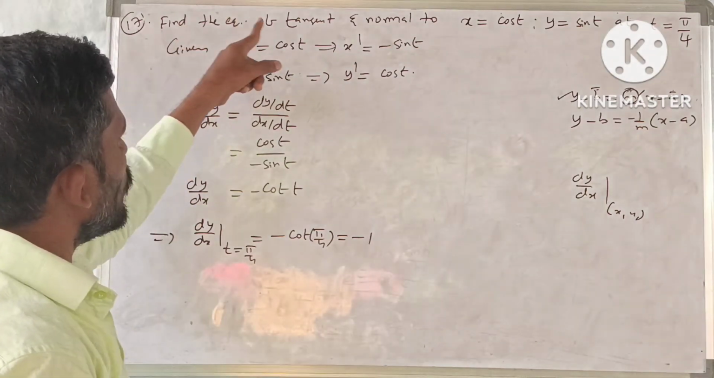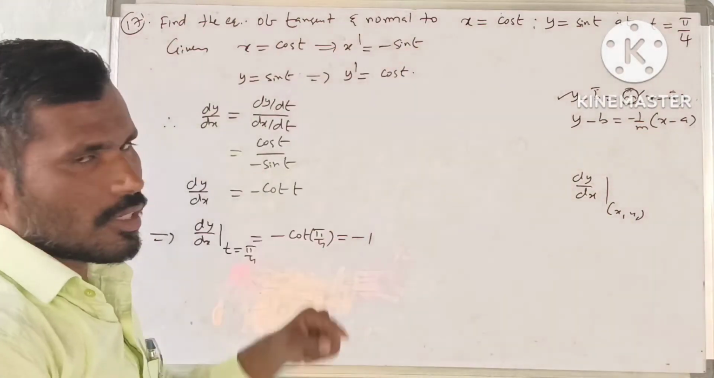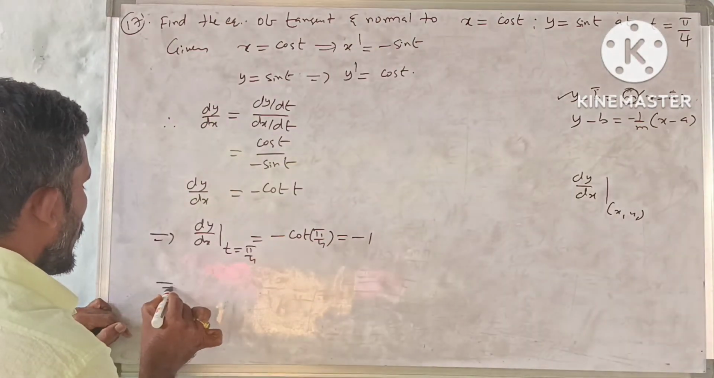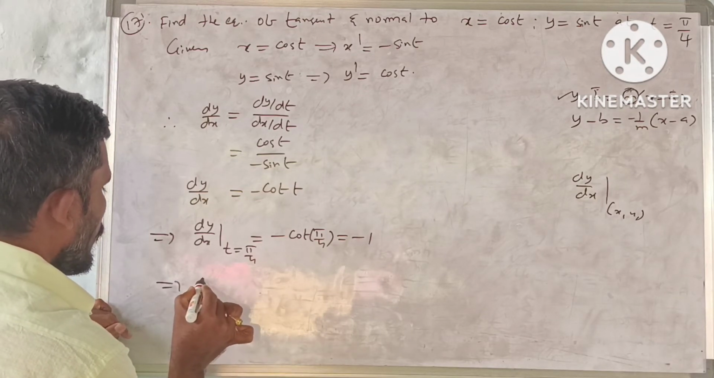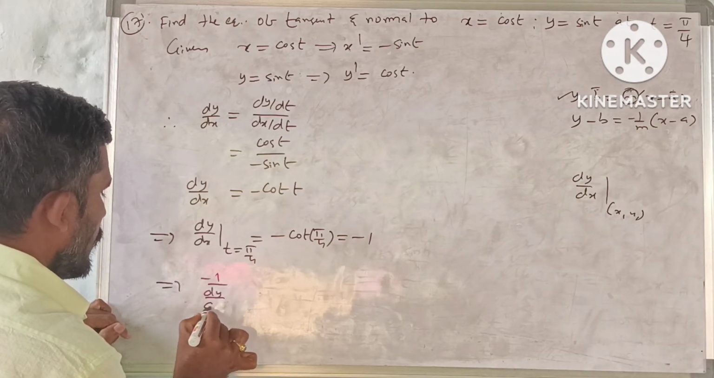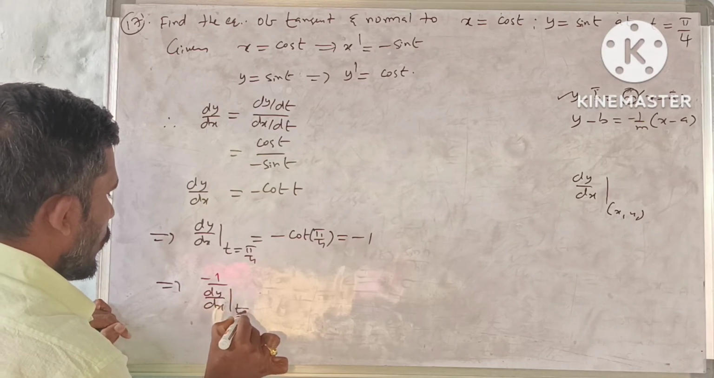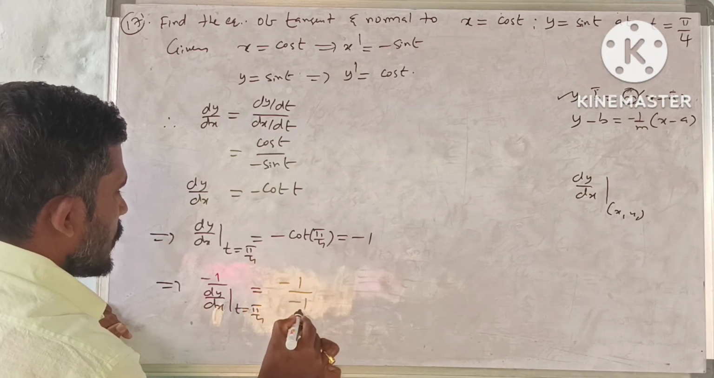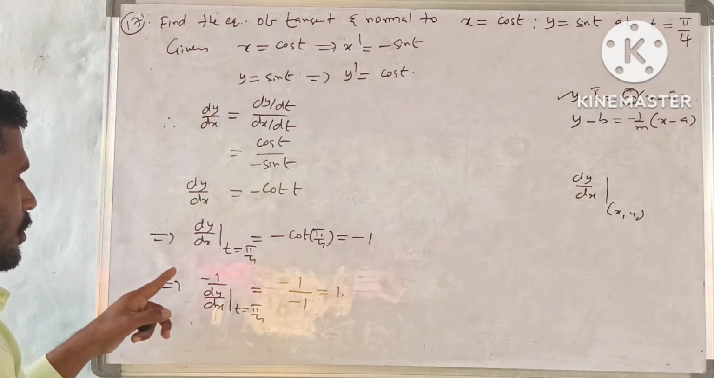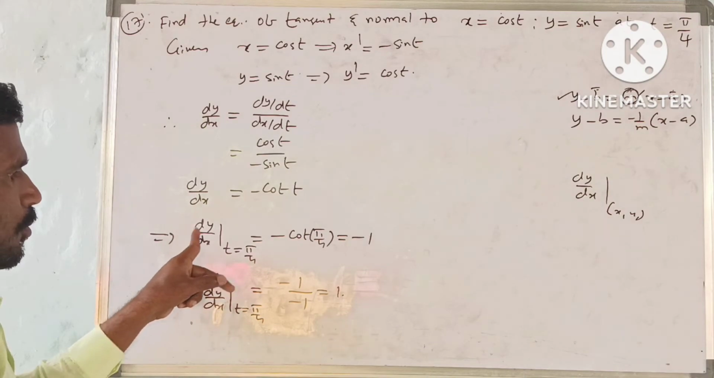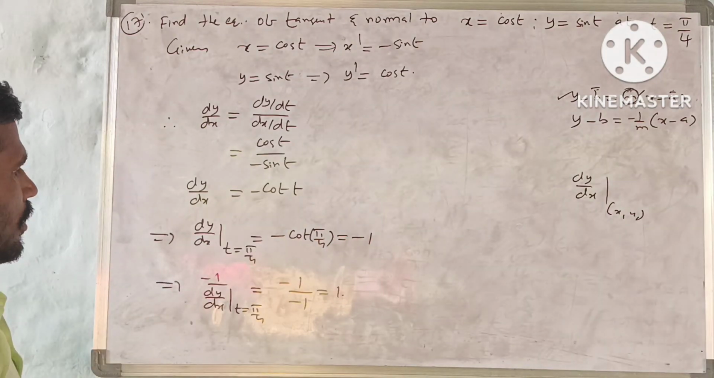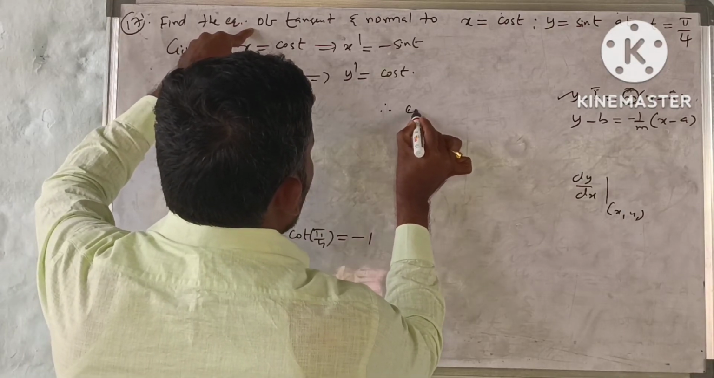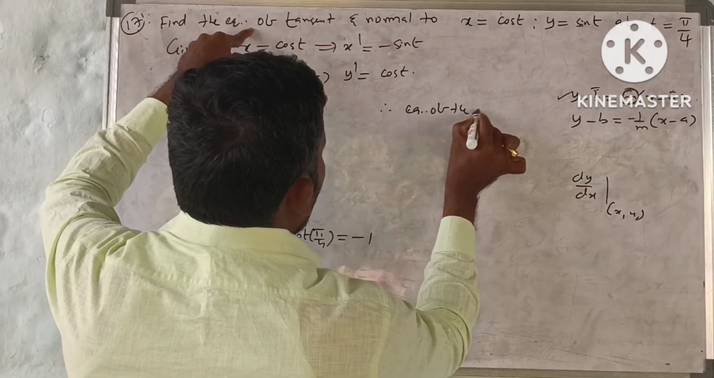But what is asked is the slope of the tangent, and the slope of the normal you also want, because the equation of the normal is also asked. So this implies minus 1 by dy by dx at t equal to pi by 4. So minus 1 by, this is minus 1, minus minus cancel, so only 1. Slope of the normal is 1, slope of the tangent is minus 1. Now what is asked, the equation of the tangent. So therefore the equation of the tangent,